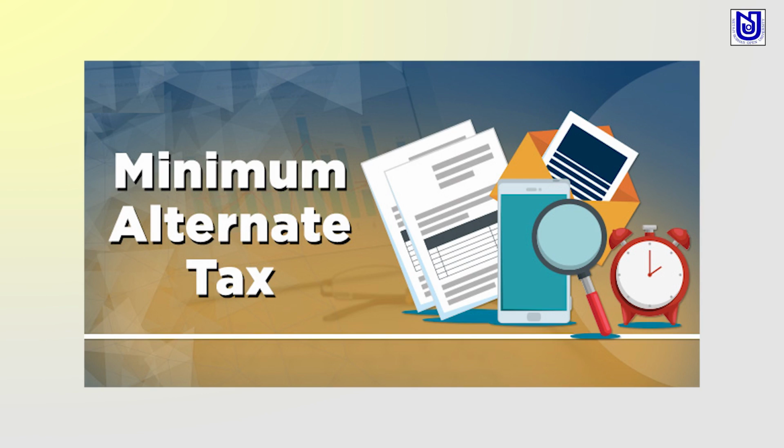Now, what is the basic implication of Section 115JB? Section 115JB actually deals with the MAT provision, Minimum Alternate Tax. It means whatever may be the exemptions and deductions availed by a company, a minimum amount of tax is to be paid to the government. So, by virtue of Section 115JB, it is provided that where the tax liability computed under the normal provisions of the Income Tax Act of a corporate body, whether it is a domestic company or a foreign company, in both cases MAT is applicable,